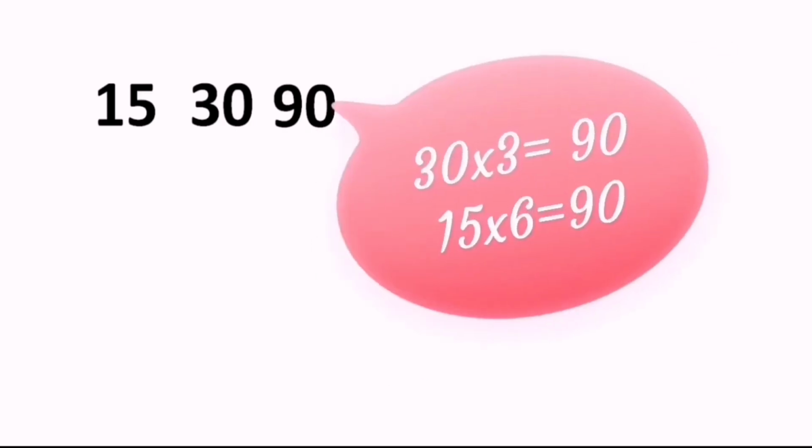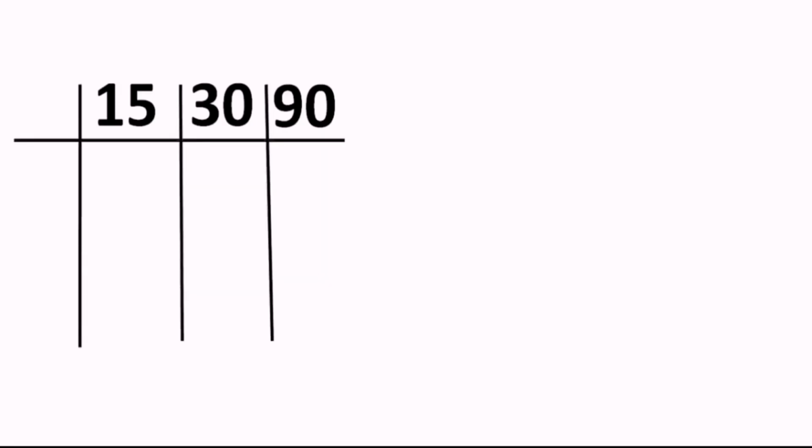Okay, so let's do one more sum. We have 15, 30, 90. Boys and girls, if you see the question presently over here, if it is not mentioned very clearly to use the prime factor method, then it is very easy to solve this sum by the observation method, right or not? See, the biggest number is 90, right? And 90 is divisible by 30 also, and 90 is there in the table of 15 also. So I'm damn sure that when you get the answer of LCM, it has to be 90. Okay, let's see what happens now.